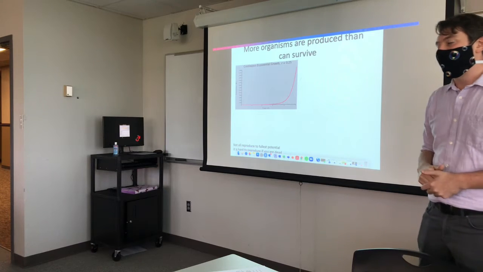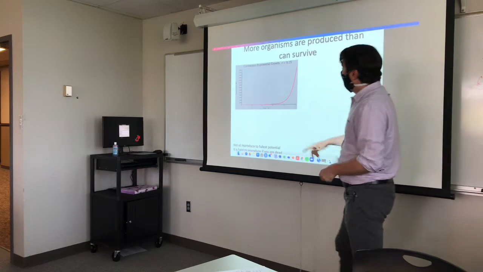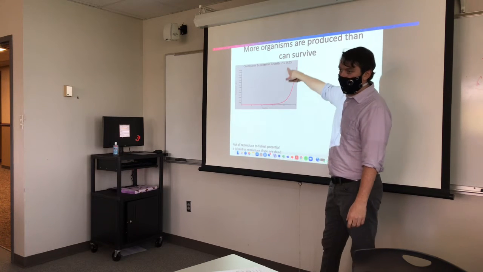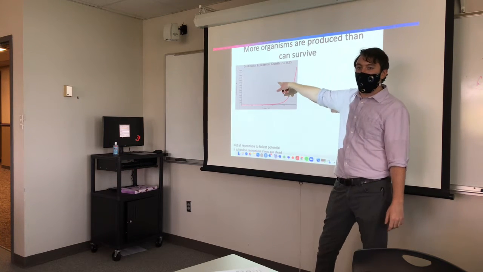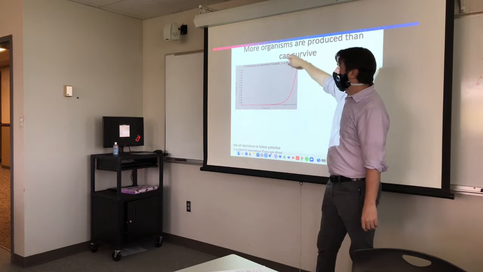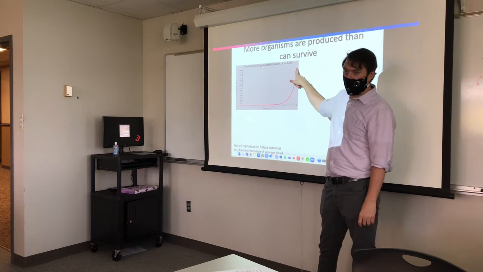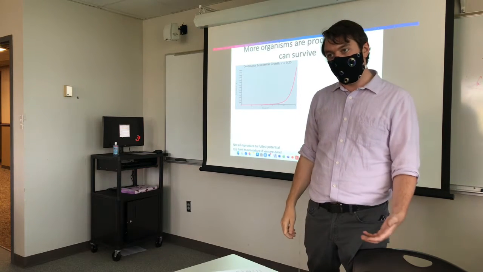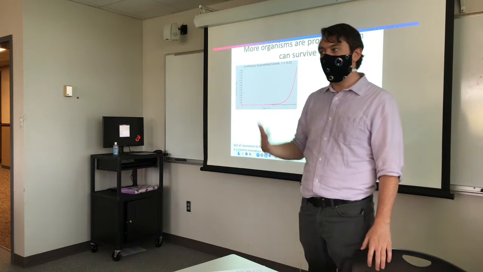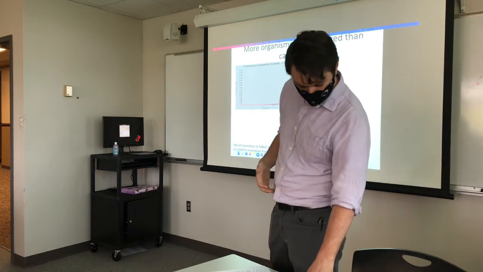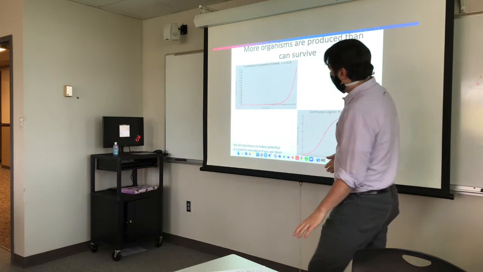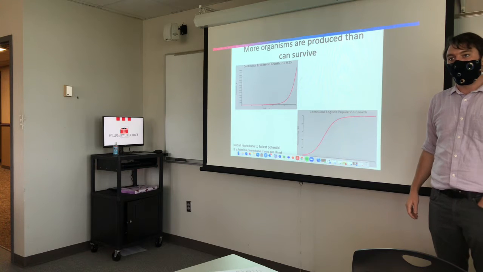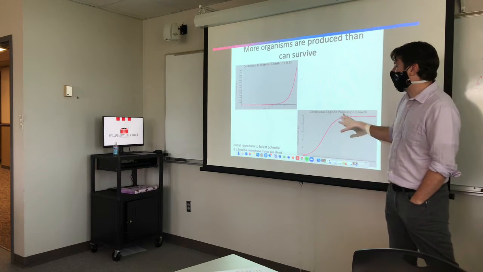If you start out with some low population, as long as population growth is positive, any organism has the potential to grow exponentially. But we're not a mile deep in elephants or mice or anything else. So there's something limiting. Not all of them are reaching their full reproductive potential. So the environment can impose some limitations on population size. And we'll talk about these kinds of population growth models very soon.